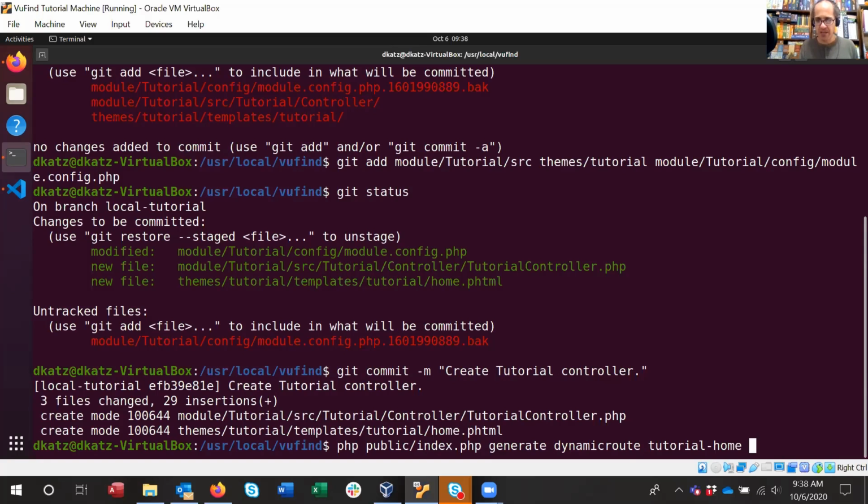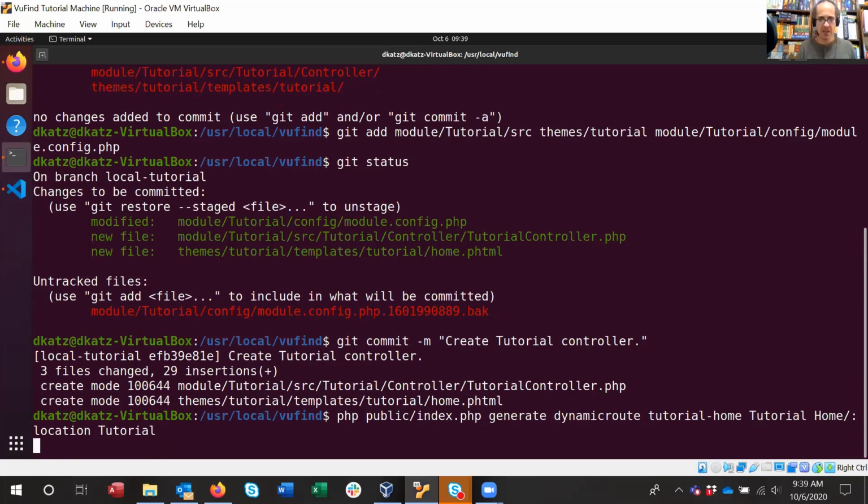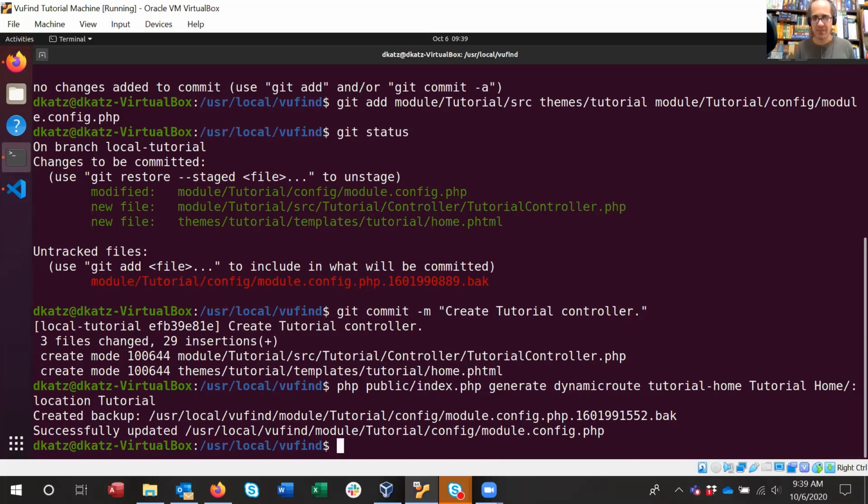Then I need to say which controller I'm using, the tutorial controller. And then I need to provide the remainder of the route that I want to match. So I'm going to say home/:location. This is using the router's segment syntax where you can put any name beginning with a colon to use as a placeholder that will be passed through to your controller as a route parameter. So the idea here is that we want to allow a location name to be appended after the home part of the URL. Finally, I say tutorial for the name of the module where I want this configuration to be added. So when I hit enter here, it automatically makes some changes to my tutorials